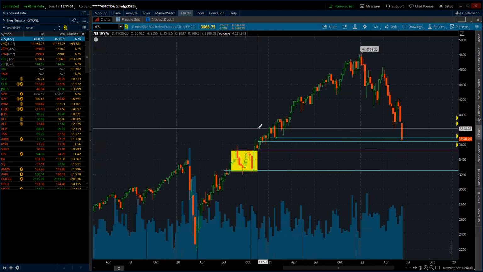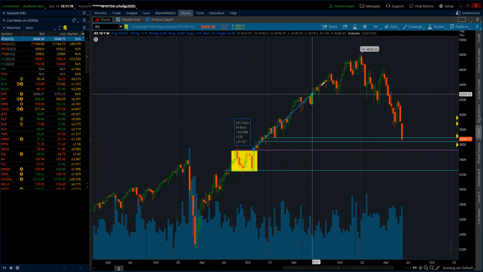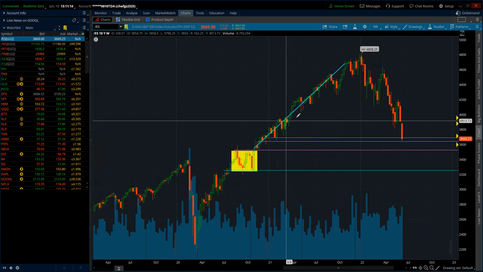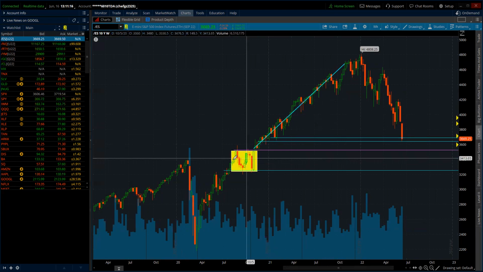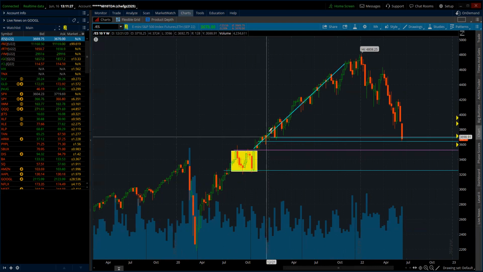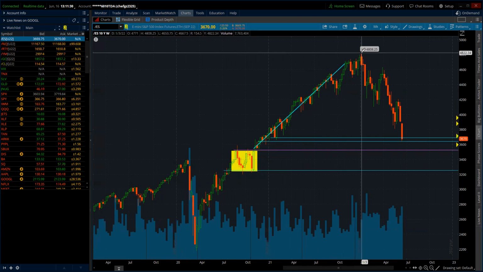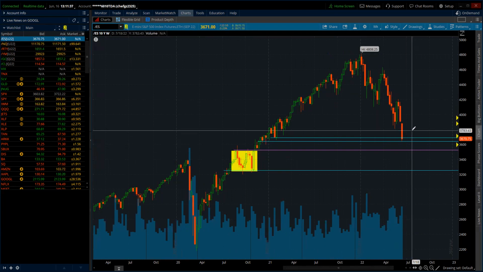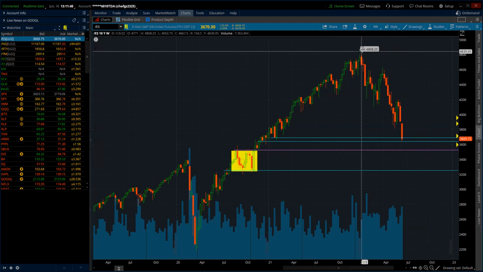Okay. The next step that you see is basically the public participation. So as you can see here, we never really went sideways until we hit this top over here. Okay, then we had some sideways action in between, but nothing as aggressive as this. So there wasn't that many candle bodies to go sideways in order for us to call it a proper accumulation phase. So no matter what it is, we've been on a staircase pattern since 2021 all year until the beginning of this year, and then that first candle just went bloody red. So we've been trending down on an aggressive staircase pattern to the downside, right?